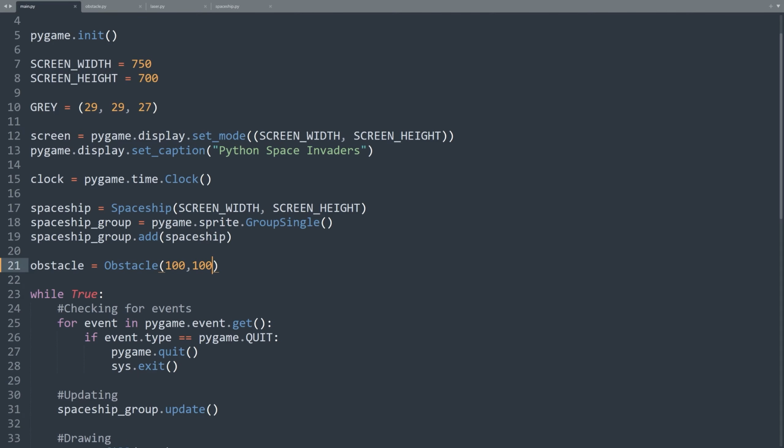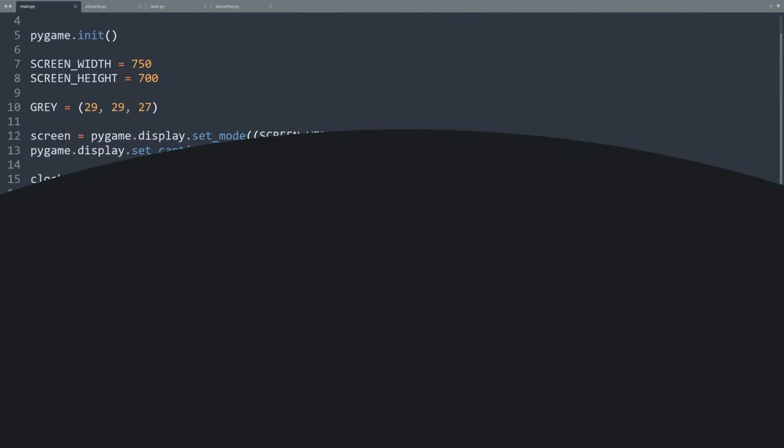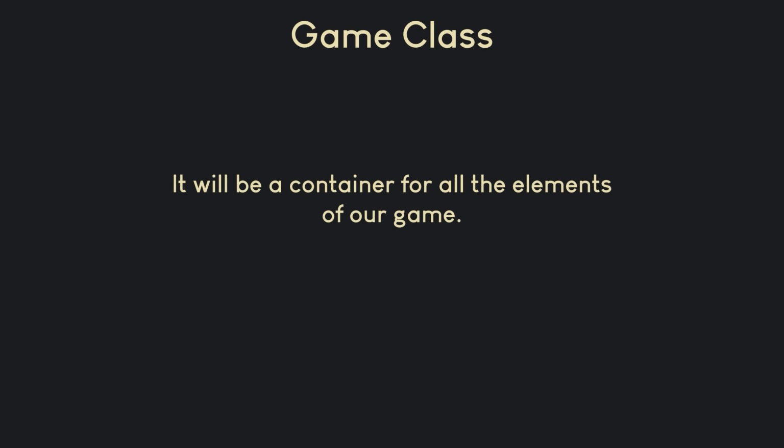To improve code organization and make it easier to manage in the future, we will create a Game class to hold all the game elements as well as various methods. The Game class will serve as a container for all the elements of our game, such as the spaceship, the obstacles, the aliens, and the game state.